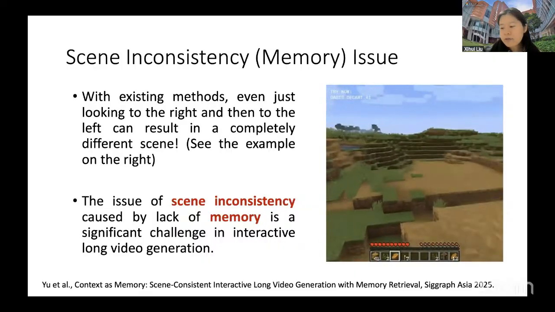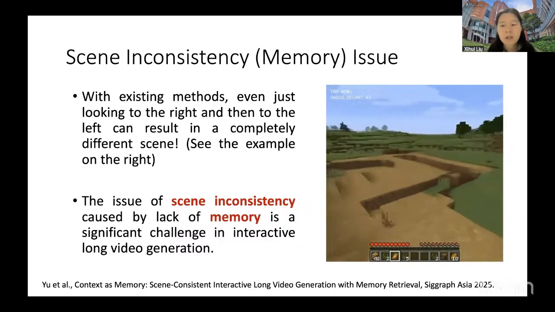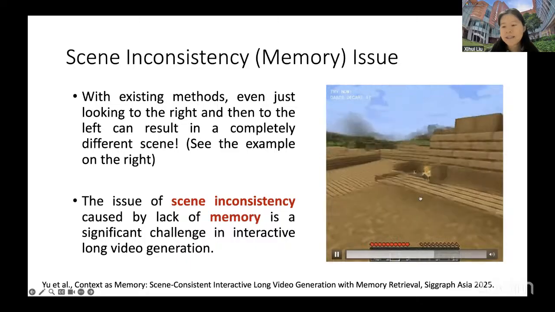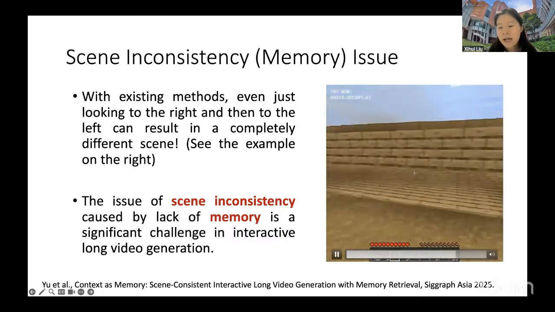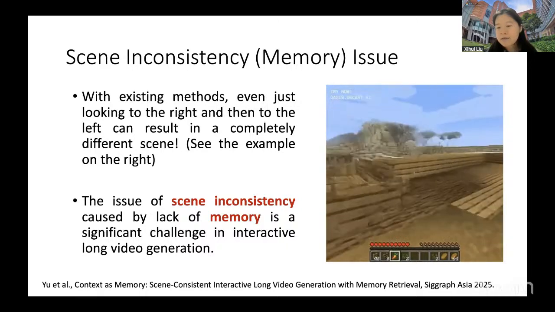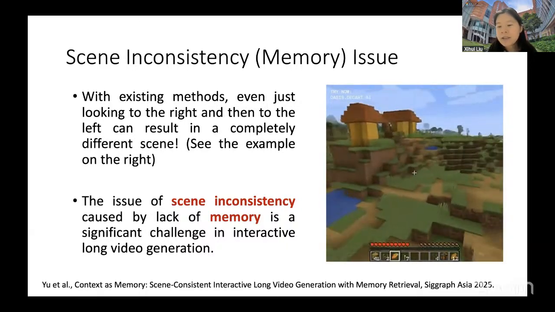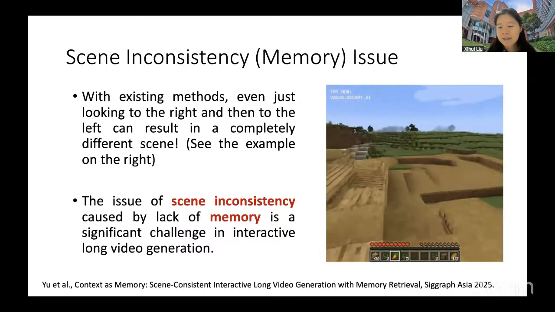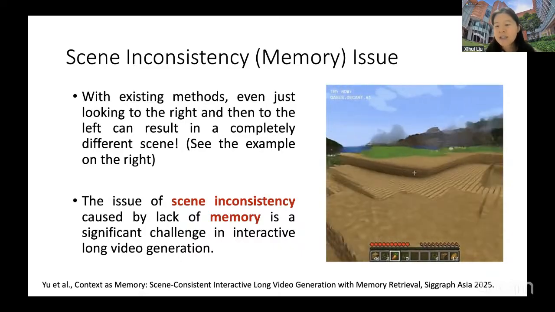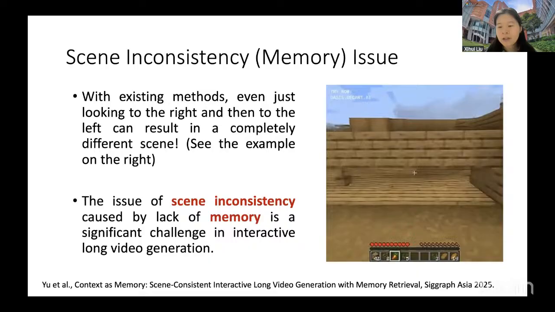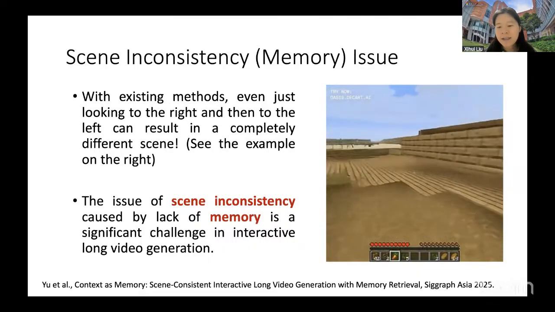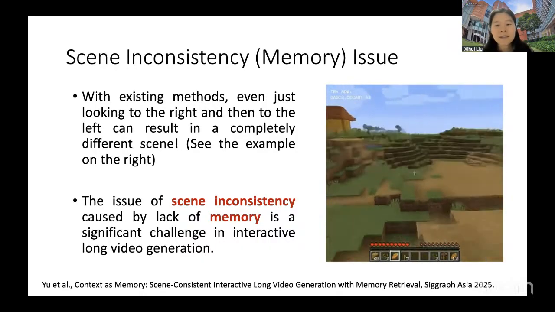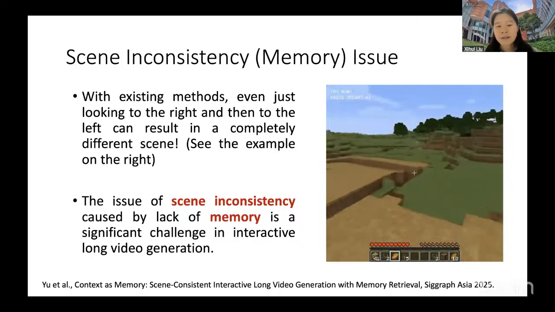However, when doing this work, we found another key problem of the current world models. In this example, we can see that if we turn the camera to the right and then we turn back to the left, ideally, it is supposed to generate the same scene because we are looking at the same scene that we have generated before. However, the model actually will not memorize what it has generated, and it will only try to generate some new scenes. So this will cause a lot of scene inconsistency, especially for very long interactions.